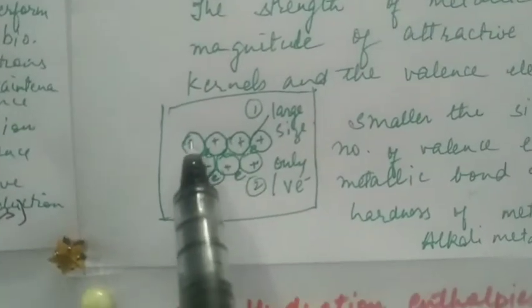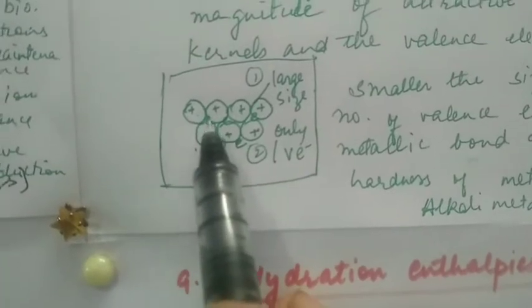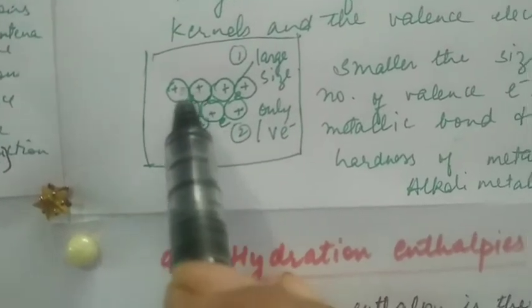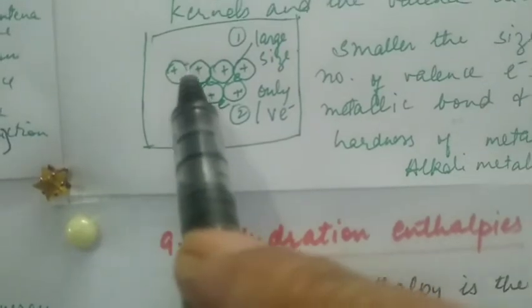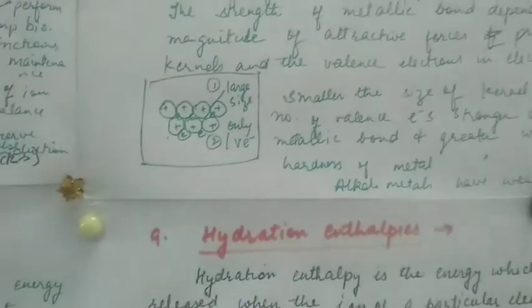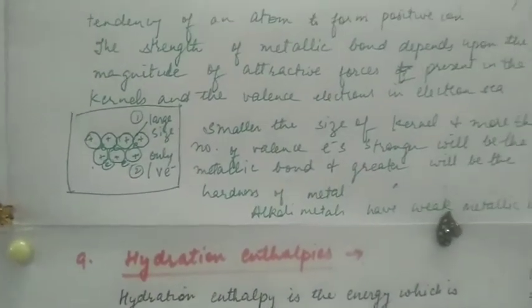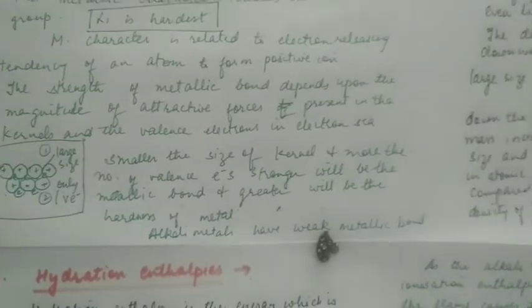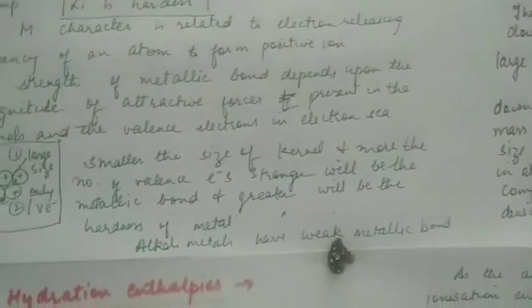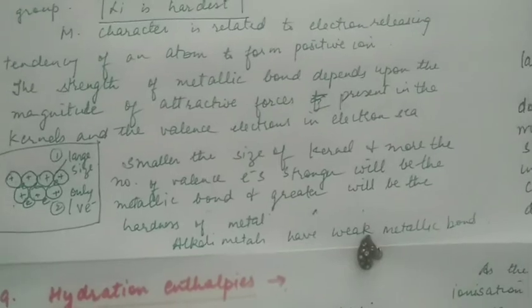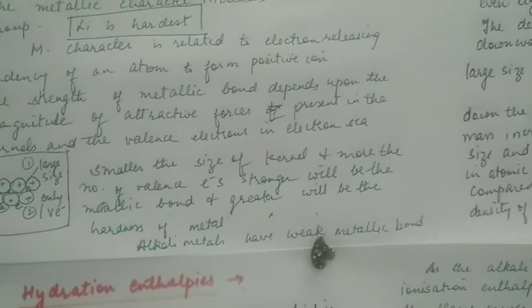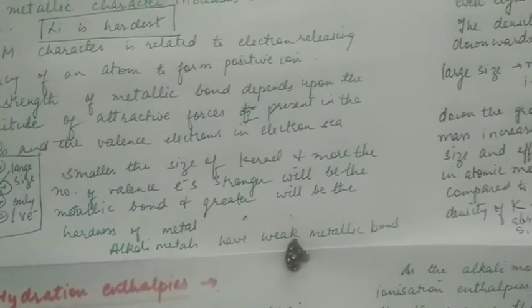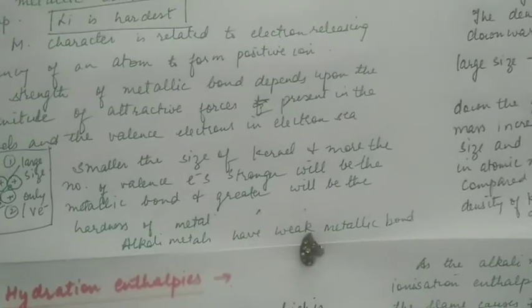तो इनके बीच की फोर्स ऑफ अट्रैक्शन कितनी होगी उसको हम मेटालिक बॉन्ड कहते हैं, और जितना साइज बड़ा होता है अट्रैक्शन कम होती है. तो क्योंकि एल्कली मेटल के कर्नल का साइज बड़ा होता है, इसलिए इनके बीच में जो मेटालिक फोर्स है वो वीक होता है, स्ट्रांग नहीं होता है, इसलिए ये इतने सॉफ्ट होते हैं कि इनको हम नाइफ से भी काट सकते हैं. सो एल्कली मेटल्स हैव वीक metallic bond.